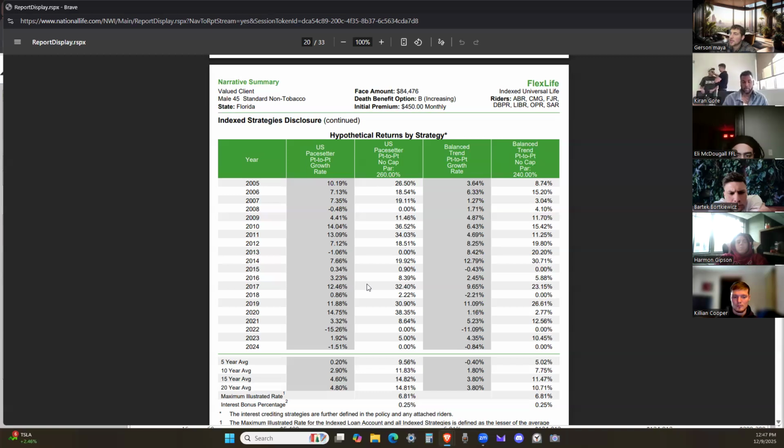So let's say we have this same type of setup and we're going back the last 20 years on this policy to see how it would have performed. It would have done pretty damn well. Looking at the 20-year average rate here is 14.81%. Are you kidding me? 14.81% year after year average? That's pretty damn good for money growing tax free. I would say so. That's beating most investment accounts that you incur risk on and that do not grow tax free. You're getting taxed on capital gains and income tax, right?